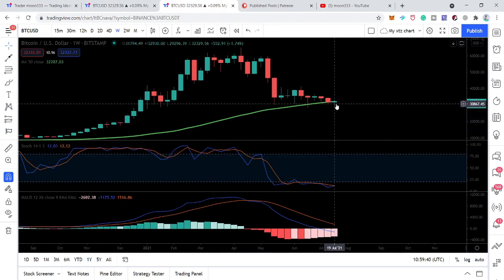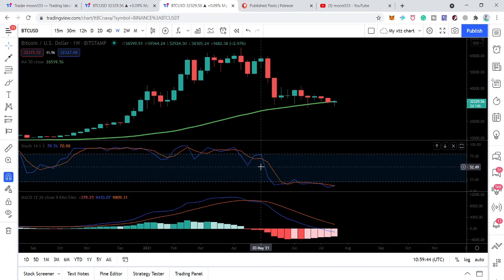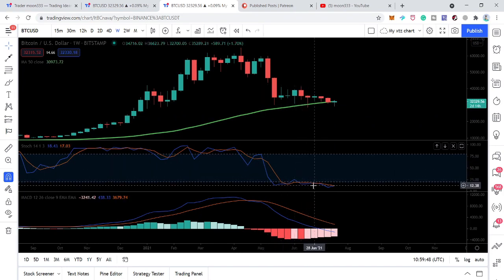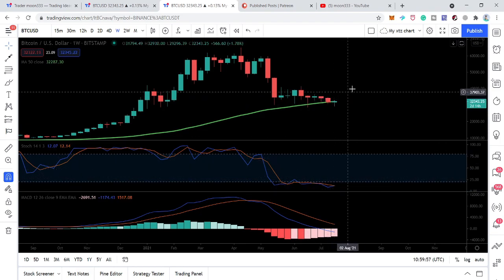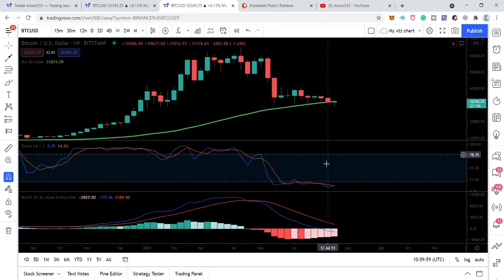It has moved above this 50 simple moving average. And now you can also take a look at this oscillator. The stochastic is also oversold. That is giving us a clear signal that the market is oversold. And once it starts turning bullish, then the price action can also move to the upside with this